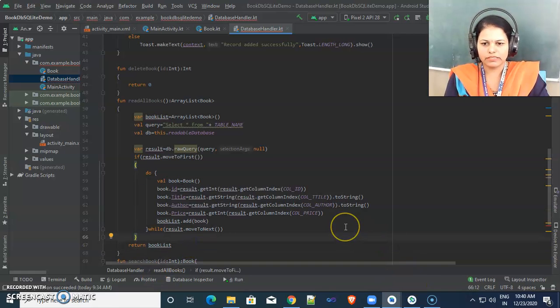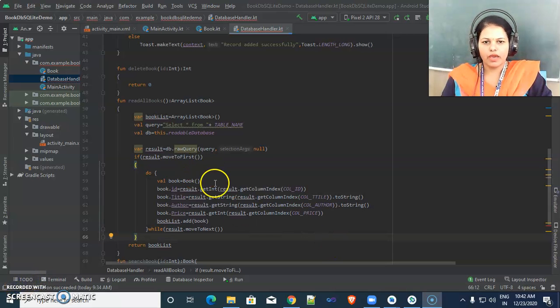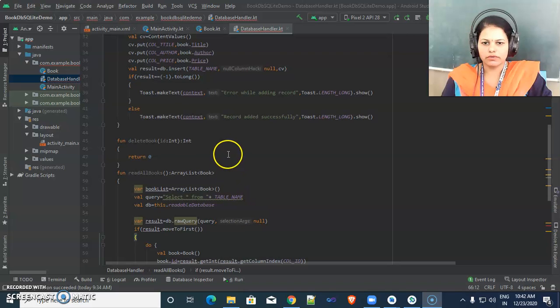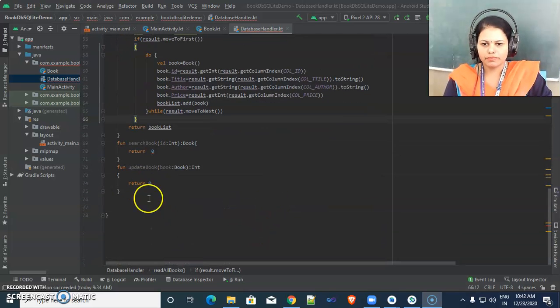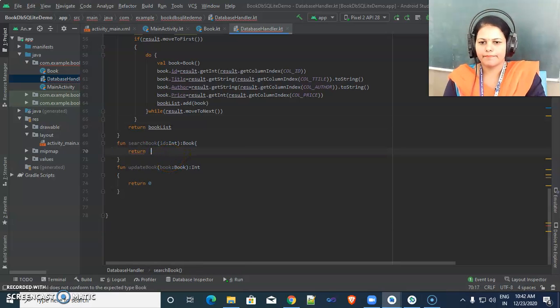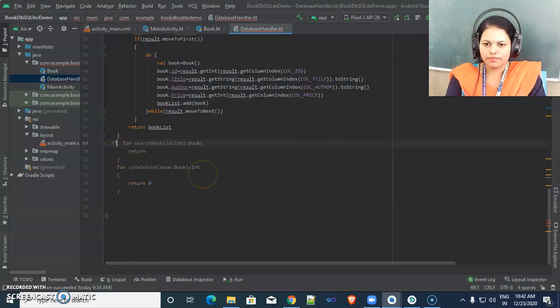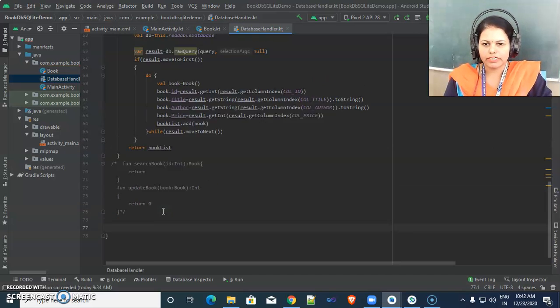So this is the functionality. Now we are almost done with this functionality, and here we are commenting this section.